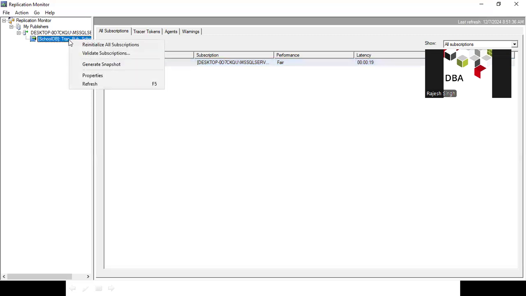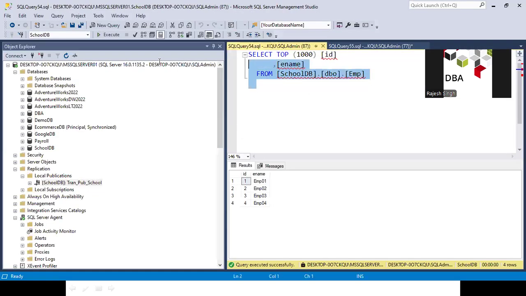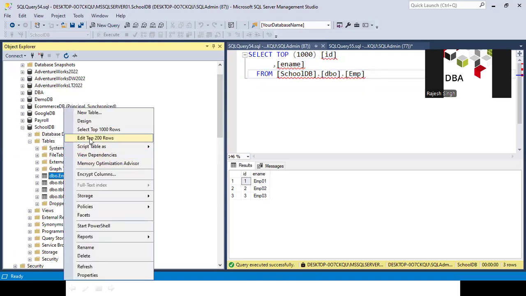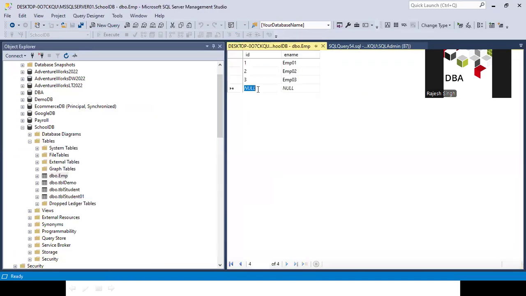But on the basis of physical status, if you check, you get to know both have the same records. But whatever transaction they're trying to execute is not executed. If you check, you'll get the same record set. So how can you fix it? Let's suppose next I'm coming into the publication once again and I want to insert a few records. Let me go and insert the fifth record. I'm saying it's a fifth.